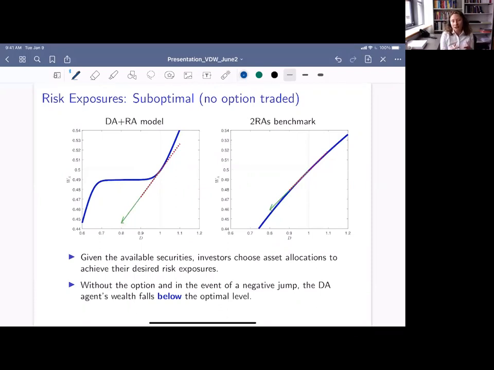So he will end up investing considerably less in the stock and just sell a little bit of the put option to bump up his exposure to jump risk slightly to the optimal level. The total exposure to risks from this strategy will still be lower than that of the less risk-averse agent. So we don't have a counterintuitive result where the more risk-averse agent takes more risk. Not at all. In terms of optimal exposures, the more risk-averse agent sells a small quantity because he can tolerate a little bit more jump risk than the stock alone provides. This basically tells you why we get everything that I will show you next.